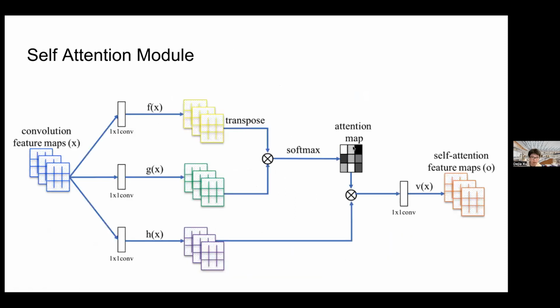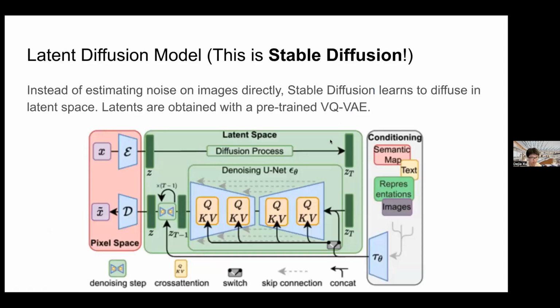I think you might have heard of it before. Stable diffusion is slightly different from other diffusion models because it is actually diffusing in the latent space. Other diffusion models like Imagen or Make-A-Scene from Meta all learn to diffuse in the pixel space. So their noise estimator works on images. Latent diffusion is slightly different because we are now learning to denoise in the token space. This token is generated by a pre-trained VQVAE, and it is a lower resolution version of the original image,